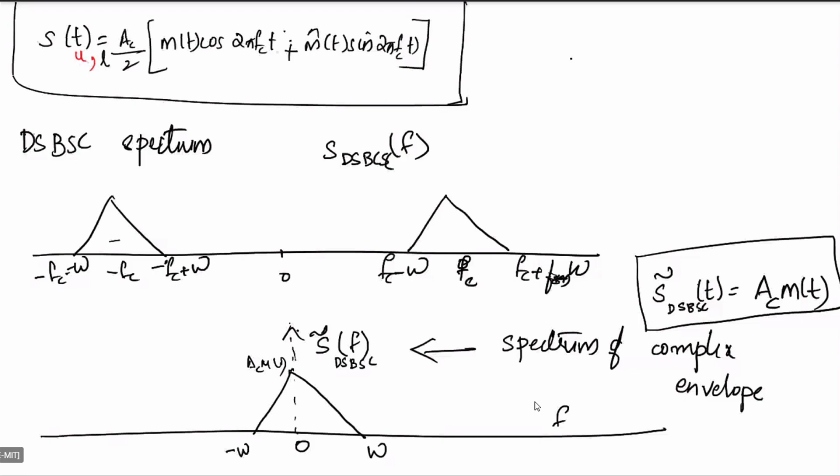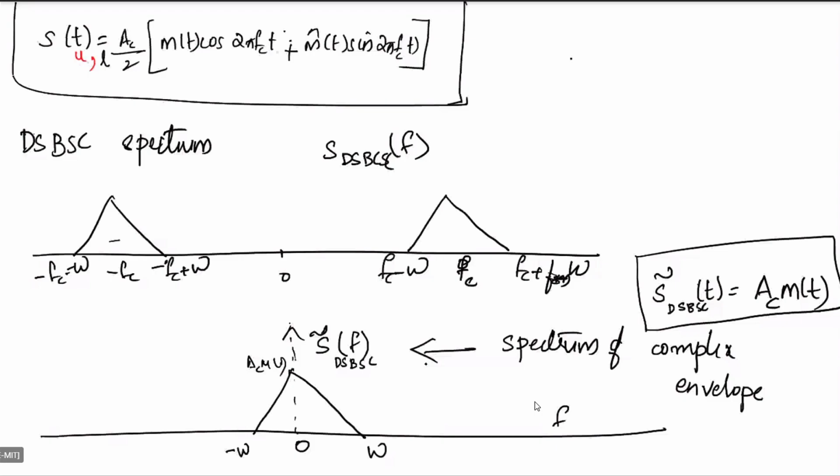So for time's sake, you accept it just like that. What is the complex envelope spectrum? Just forget it. You have a spectrum of the complex envelope, which is S tilde DSBSC. Is this much okay? Just accept it, the how and why. Let us see whether we can go to it or not. I'll try to explain it. But just now, accept that the DSBSC signal has a spectrum, and the complex envelope of the spectrum looks like that.